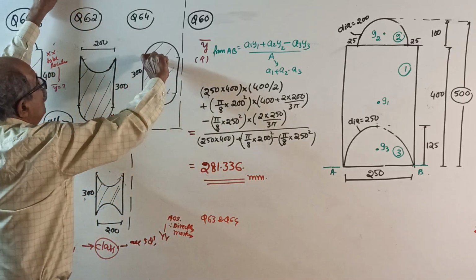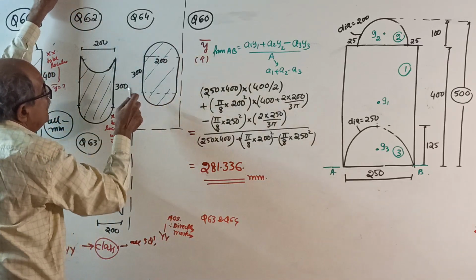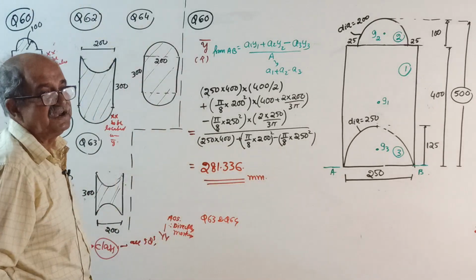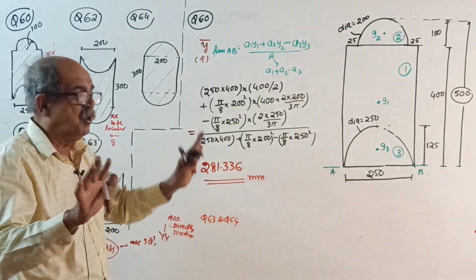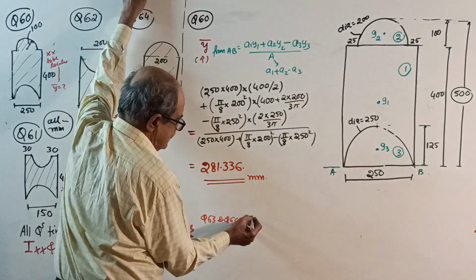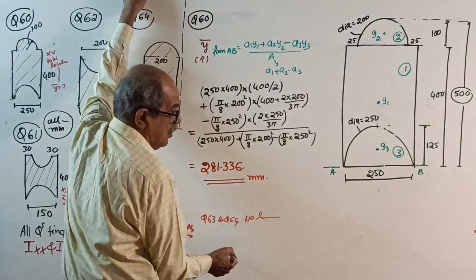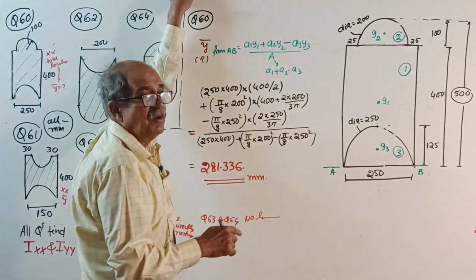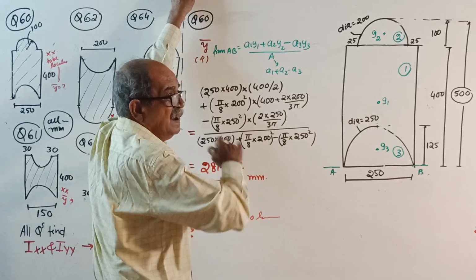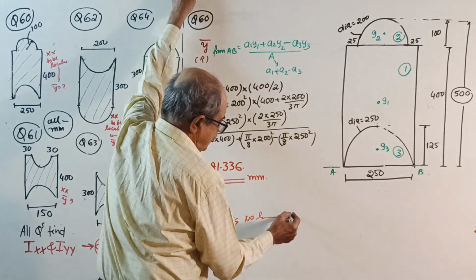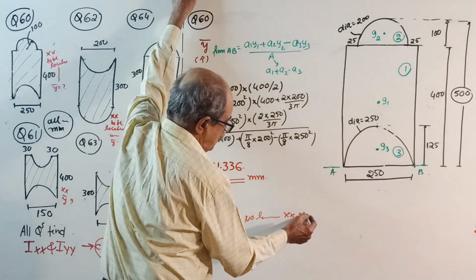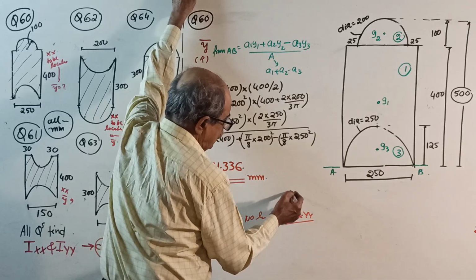See here, how much is here? Same here. Question 63 and question 64, there is no location of centroid, because it is symmetrical about both the vertical and horizontal axis. Therefore, x bar and y bar both are located